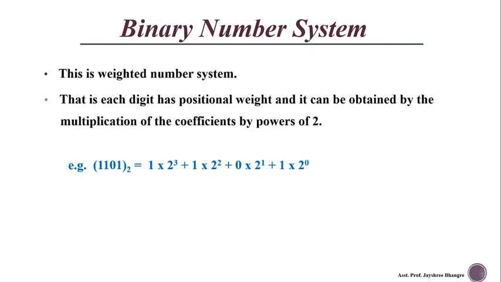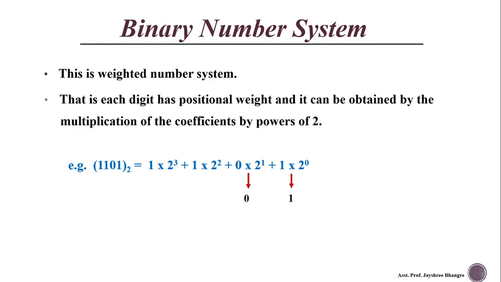1101, this binary number, and this is a weighted number. So each bit present in this number has its positional weight. Again, this is the unit place bit, so we are multiplying it with 1 into 2 raised to 0. As we go from right to left, the power increases in positive numbers. So 2 raised to 1, 2 raised to 2, 2 raised to 3. So we get here 1 into 2 raised to 0 is nothing but a 1.